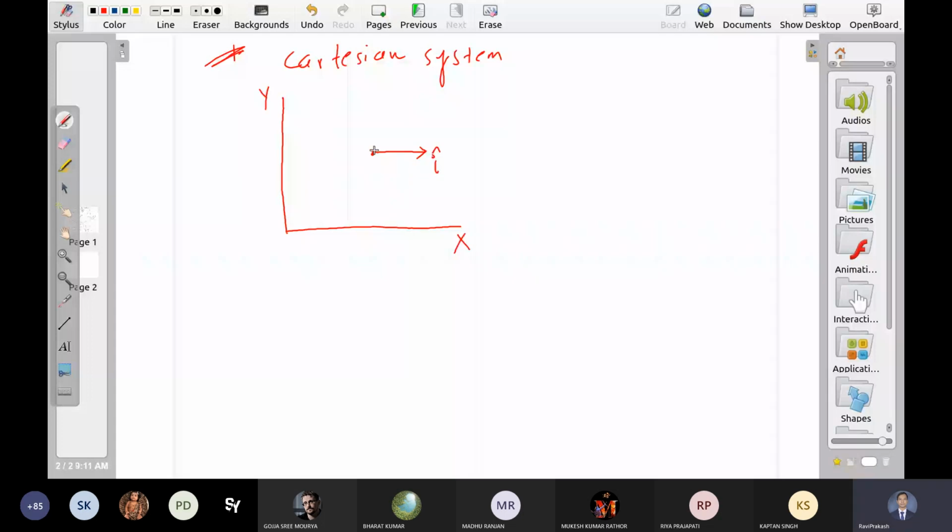Same definition in the polar system. If there is no y-axis, there is one baseline and one origin, right? If we are here, what is the definition of r cap? Move in such a way that r can change but theta cannot change. So the only possible way is this, and that is why the name of this vector is r cap. And similarly, this vector becomes theta cap. So you can see the definition of r cap and theta cap comes from r and theta itself, and the definition of I cap and j cap comes from x and y.